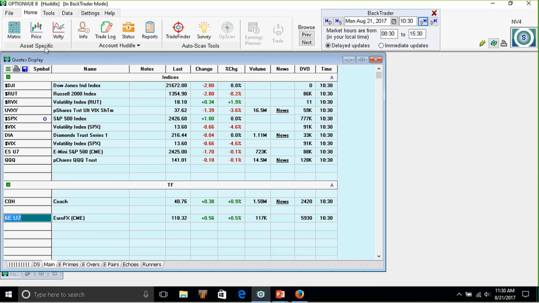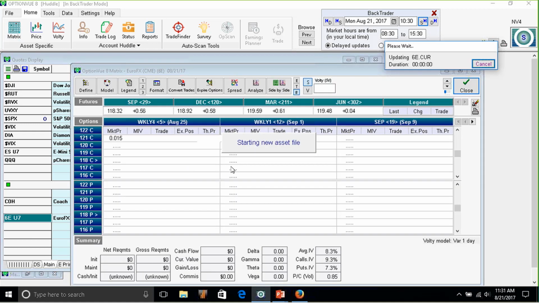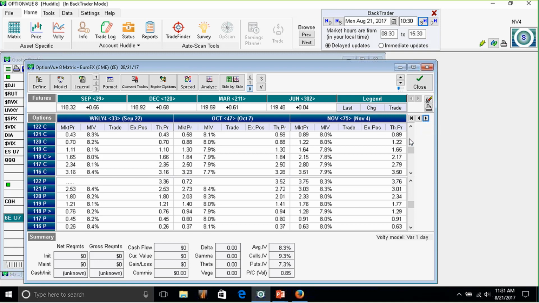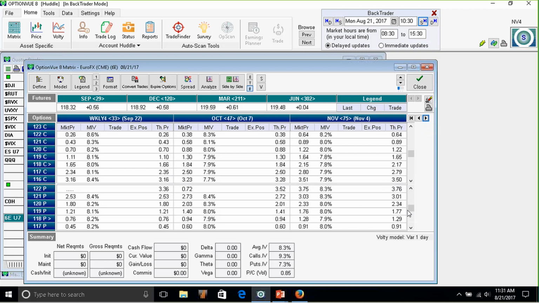So that trade takes the euro. He multiplies by 100, but that's actually $1.1832. All right. So here's the matrix. We have the weekly SEP going out using data from a month. Go to 121. Okay, in a month, so T plus 30, you think it's going to go to 122 is about right. Okay, so let's go to Trade Finder,